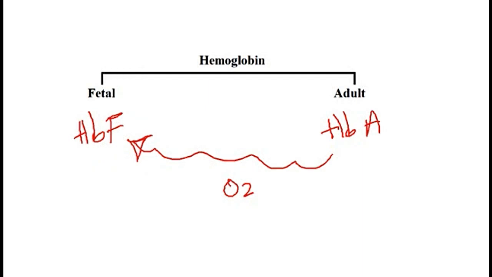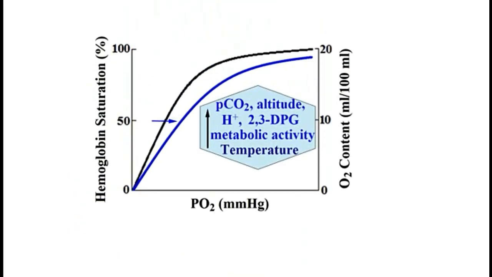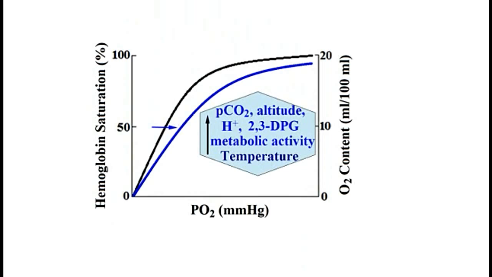And to understand how this mechanism works, first I would like to review the hemoglobin oxygen dissociation curve. This is an important curve that you will have to know for your physiology questions. Here it shows you the partial pressure of oxygen in the blood. As we increase the partial pressure of oxygen in the blood, the amount of hemoglobin that becomes saturated with oxygen increases. So more oxygen will keep on binding to the hemoglobin, and thus the hemoglobin oxygen saturation curve